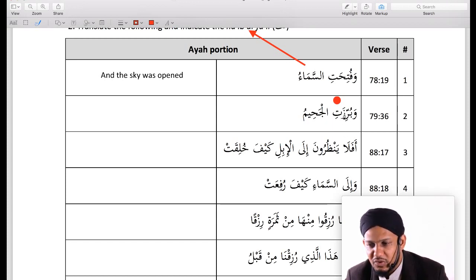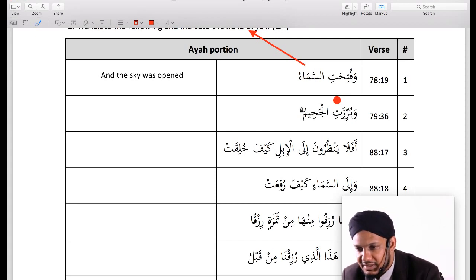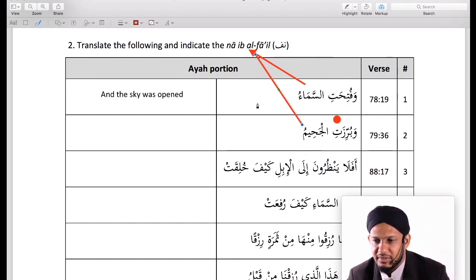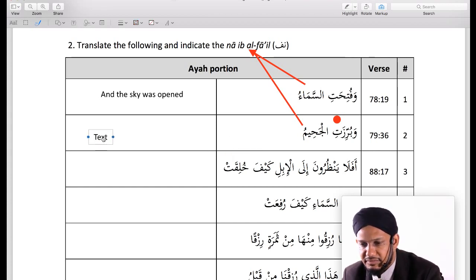This was a sukoon, wa burrizat. So it can't be that ta. If not on the end, it must be on the left. So here on the left, this here is the naibul fa'il. Al jahimu is the naibul fa'il. So therefore I'm saying: